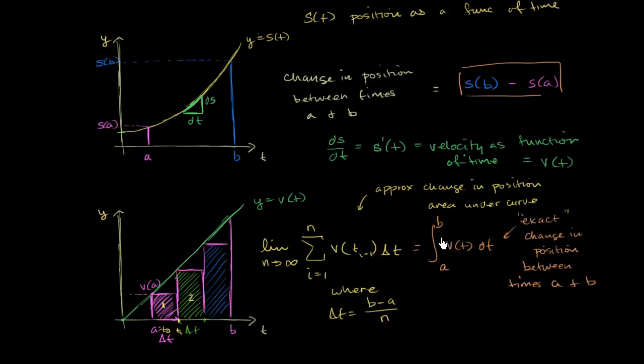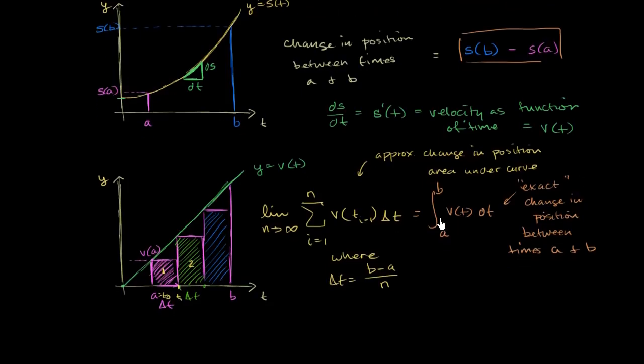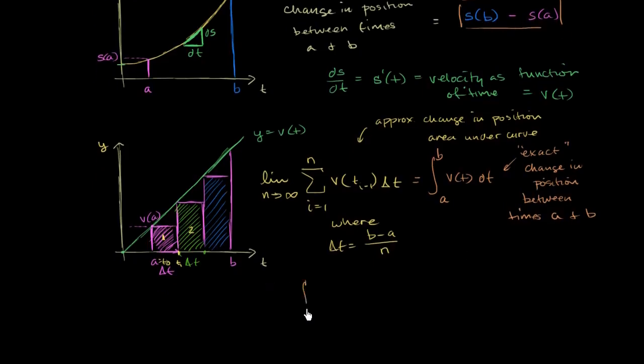We now have a way of evaluating this definite integral. Conceptually, we knew that this is the exact change in position between a and b, but we already figured out a way to figure out the exact change of position between a and b. So let me write all this down. We have that the definite integral between a and b of v of t dt is equal to s of b minus s of a,